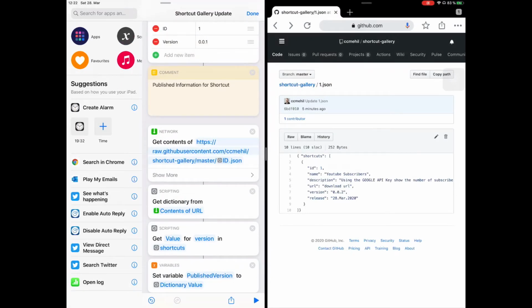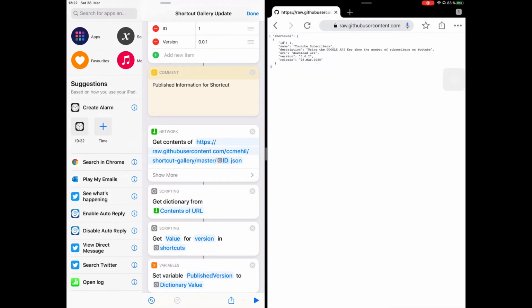All right, so I've updated and I've committed the change. So basically, I've now said I've officially published a new version, right? New download URL would be in there and everything like that. And if we look at the raw version, which is what the shortcut would be reading, we can see here version